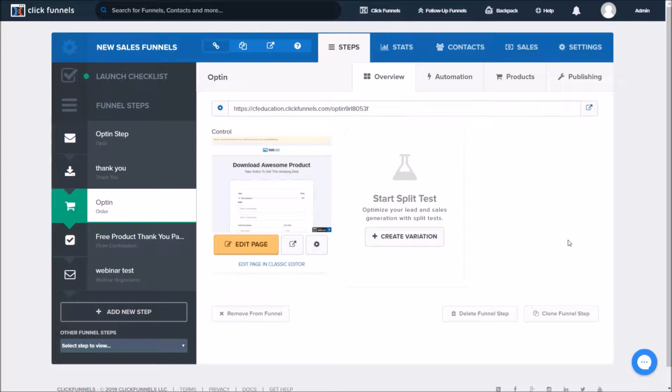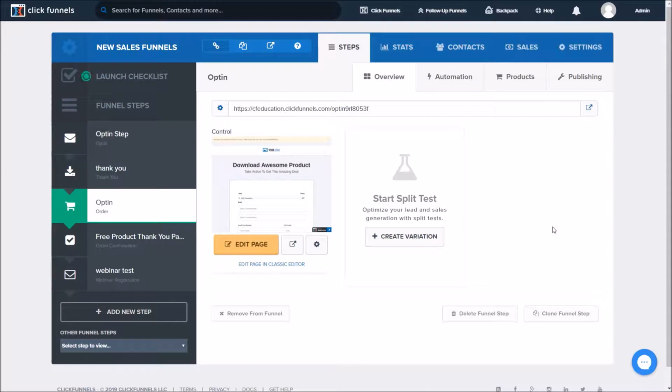If you have questions about any of these steps, or you haven't done any of them, go ahead and pause this video, check the links below, and we actually have step-by-step directions on how to get each one of those set up. Assuming you do have your product, the first thing we're going to do is ensure our funnel is